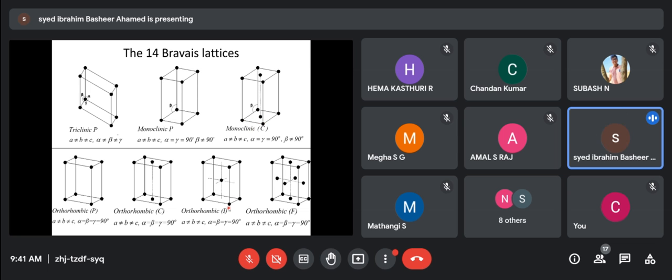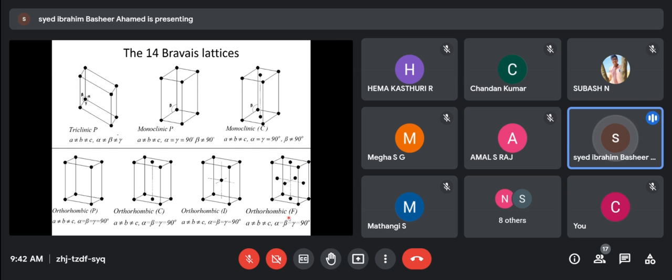All right. So here in orthorhombic, you will have a lattice point apart from the primitive corner points. Okay, at the body center, at the center of the body, you will have a lattice point. So it's denoted with the letter I. Okay, so this is also called a body center lattice. Okay, so here in orthorhombic, you will have extra lattice points in each face of the unit cell.